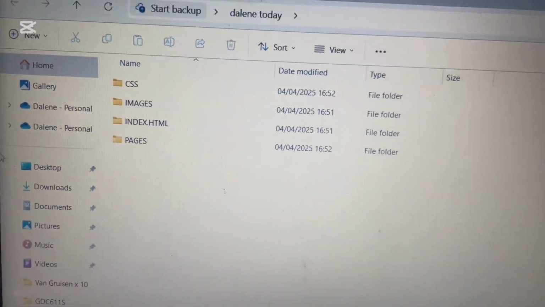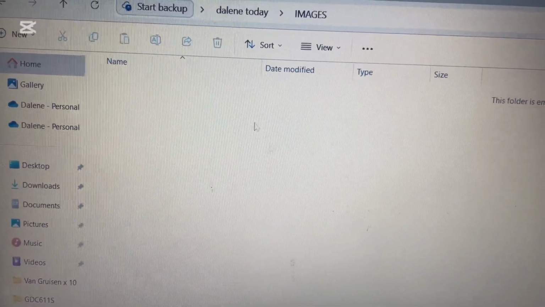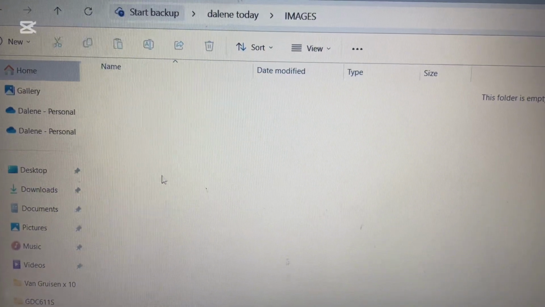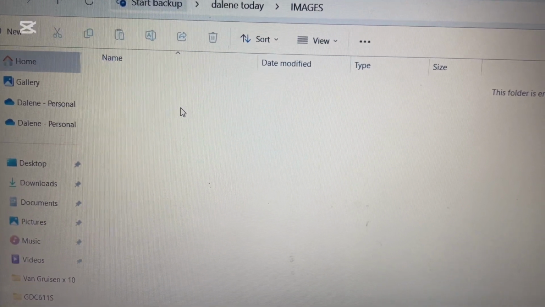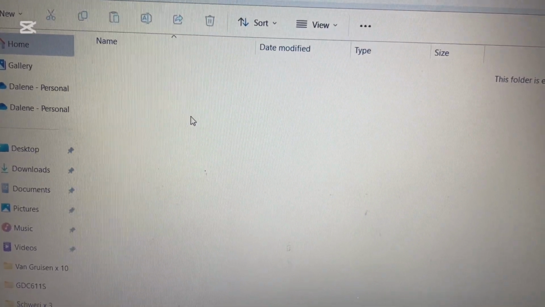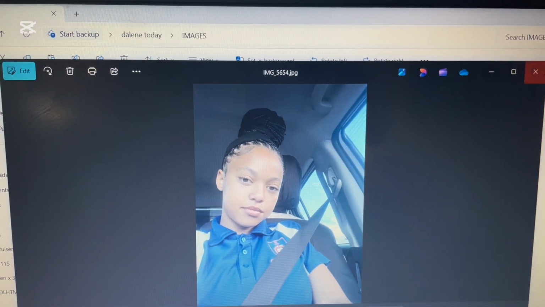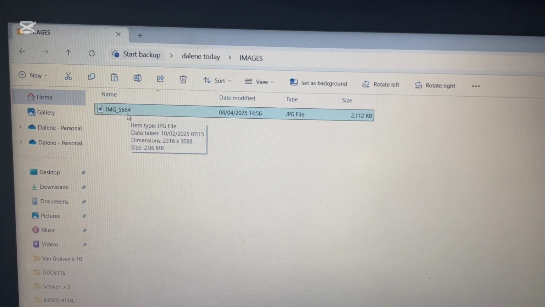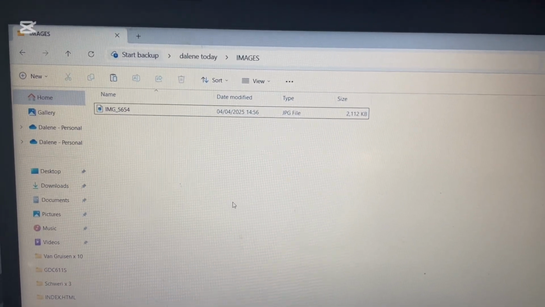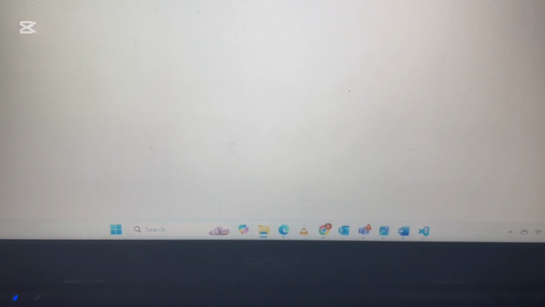So just to show you that in my images folder, there's nothing. Okay, so I will need to drag pictures in this folder that I will need to use in my IDE so that they can be pictures on my web page. I'll show you how to do it. So the picture I decided to use is my daughter's picture, Rachel's picture, which I've just added there as IMG 5654. So just to give you an idea of how this works, let's go back to Visual Studio Code,